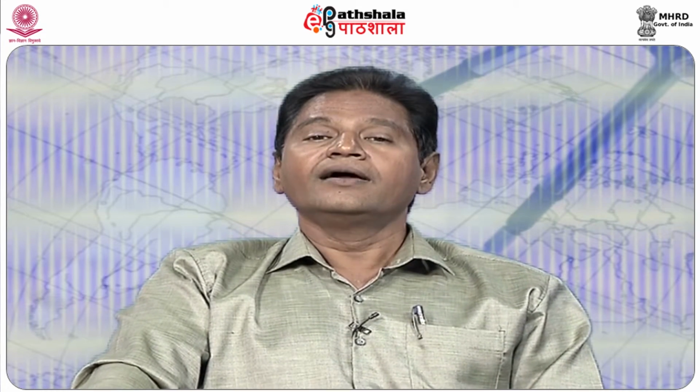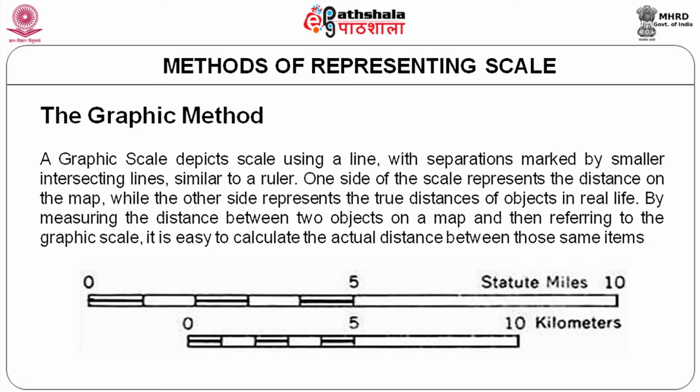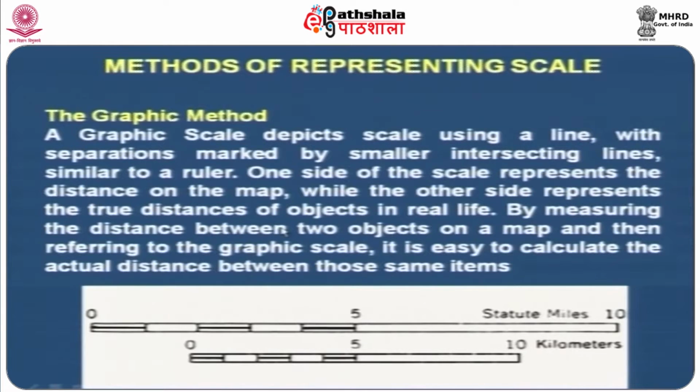When I want to show a 1 on 50,000 scale map of a given terrain, as we just saw Atlanta, for the same area, I can show a large scale map in the same environment. So, this is the advantage of GIS. When I am talking about graphical representation, not only the objects get shrunk or enlarged, the scale also gets enlarged or shrunk. That is the beauty of that. Just look at the slide, you will understand. You can see here, this is the way in which your scale is shown. This is statute miles or this should be kilometers.